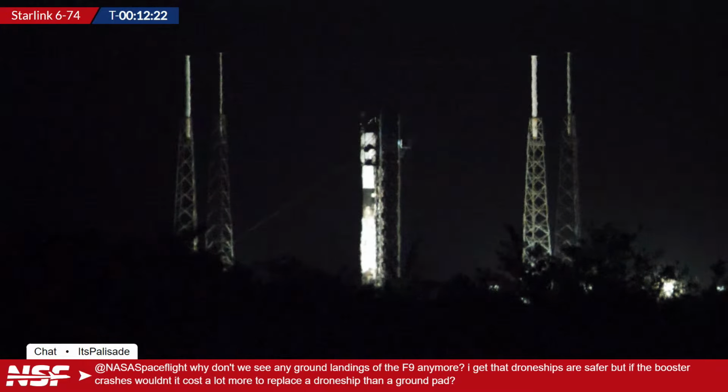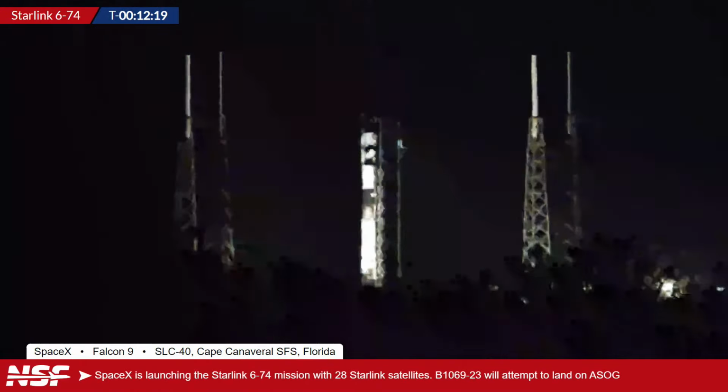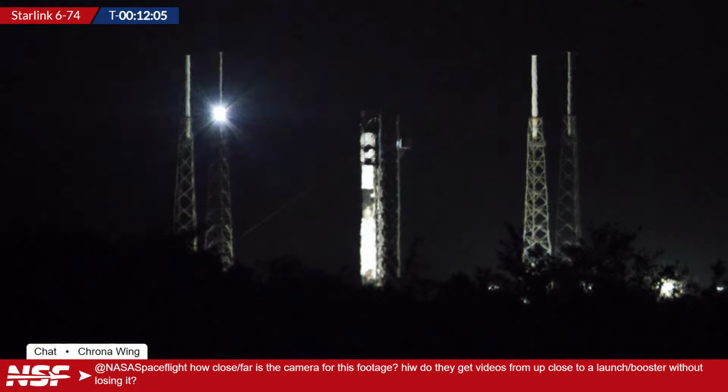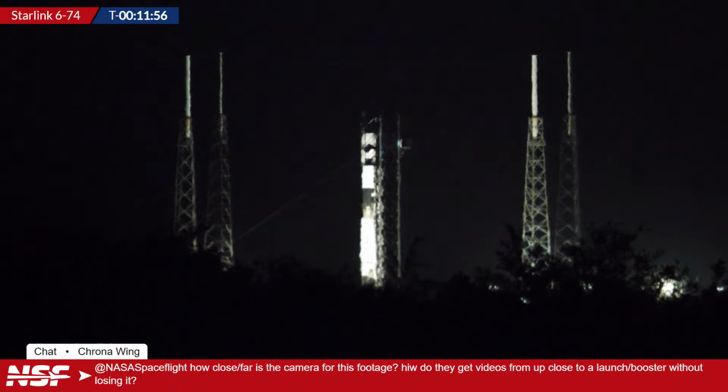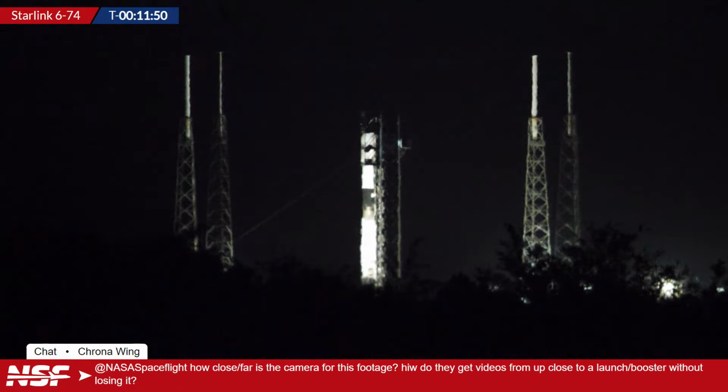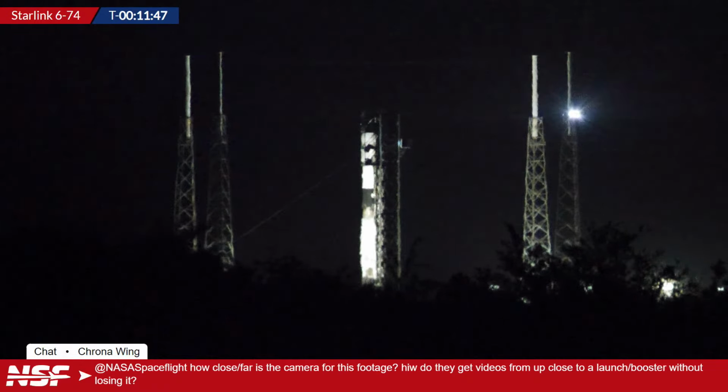There you go. Max, I have a question here, maybe about some camera stuff. Saying how close or far away is this camera that we're looking at right now, and how do they get videos up close to a launch and booster without losing their cameras? So from here at the KSC press site, looking over to Space Launch Complex 40 at the Cape Canaveral Space Force Station, it's a little over 4 miles. But obviously, with how flat Florida is, any distance, even over 10 miles, doesn't look that far away at all. Here we are about 4.5 miles from pad 40. We're about 4 miles from 39A. We're a little under 3.5 miles from